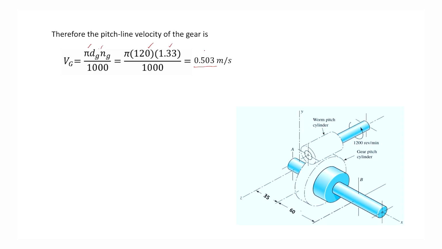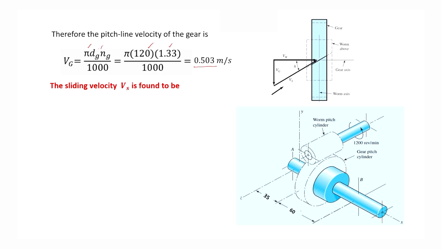You see, there is a difference between the pitch line velocity of the gear and the pitch line velocity of the worm. The pitch line velocity of the gear is only 0.503. It means there is a sliding motion, and the sliding velocity can be found